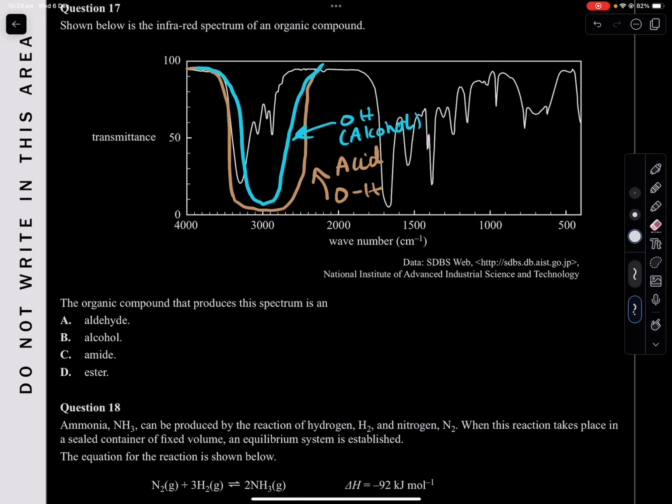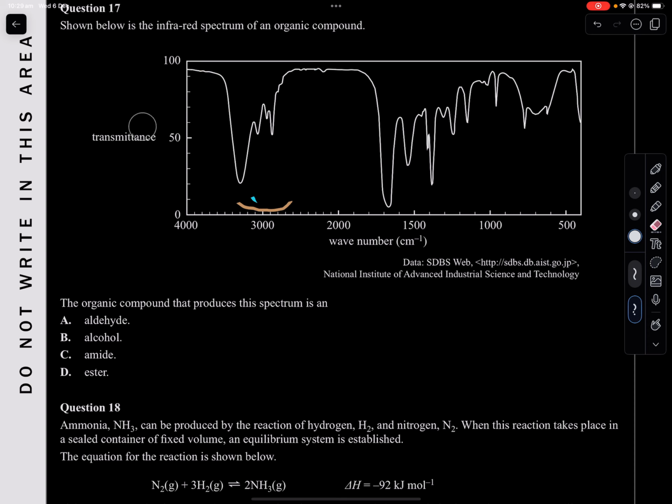Yeah, that's very helpful. So for OH, overall, it needs to have a very strong peak. So it has a strong transmittance. That's important. We can also look at